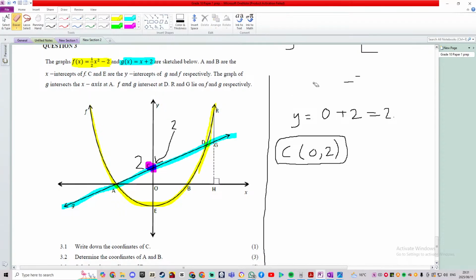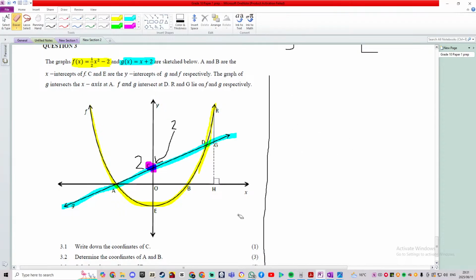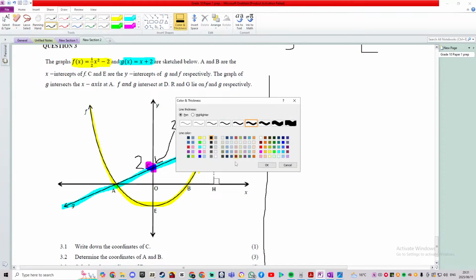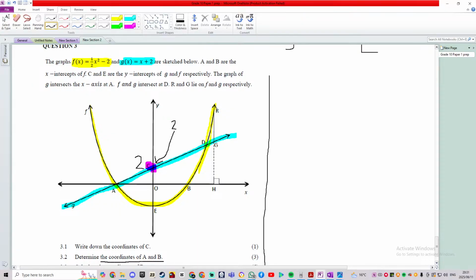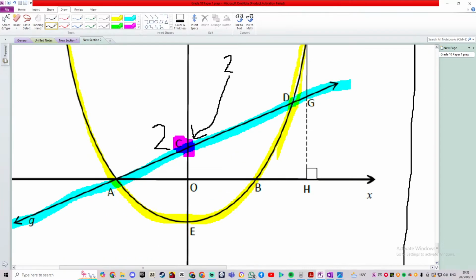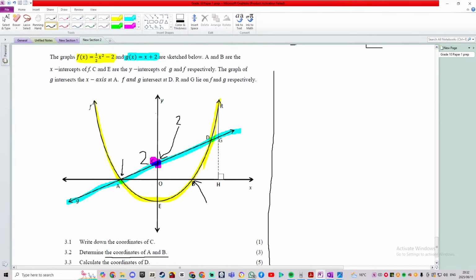Okay, you can pause that. I'm going to erase it. Now, the coordinates of A and B: what you need to understand is that A and B are this point over here and that point over there. Those are the x-intercepts of the f graph. So let's take the f graph. The f graph is equal to half x squared minus 2. For the x-intercepts, A and B,